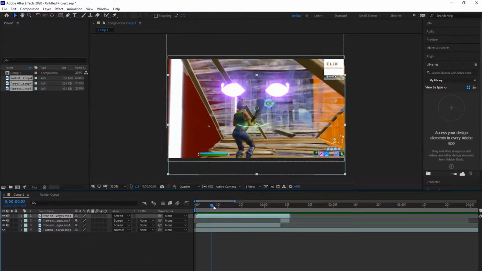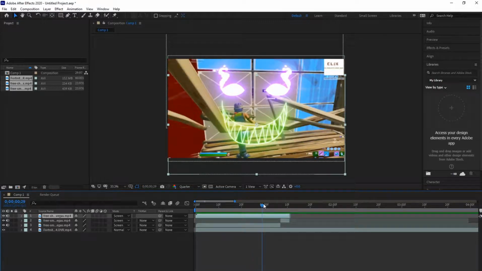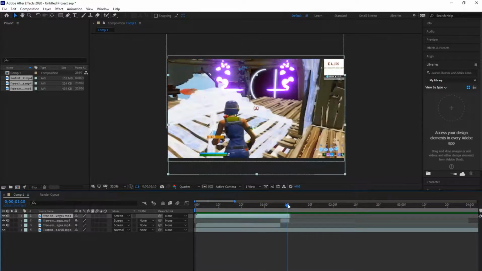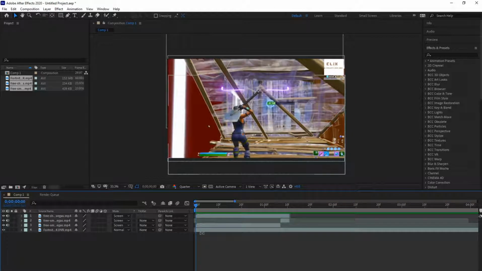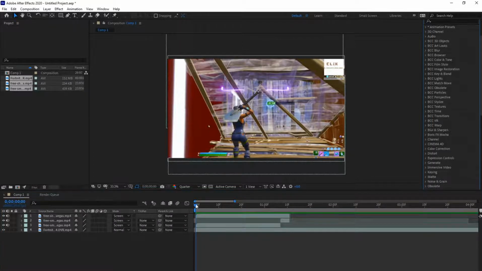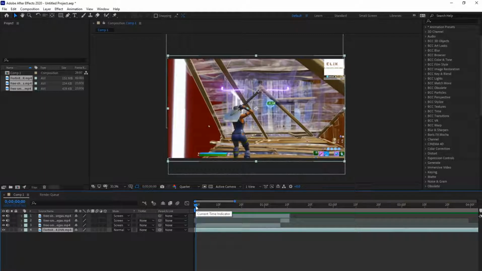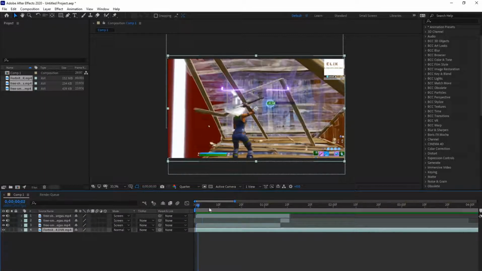Before I just leave you guys with the smiley face, I want to show you how to make it better. You can add a bunch of stuff. I don't really want to explain it. If you guys want to know, just search up all these plugins, for example Magic Bullet Looks, things like BCC. And another thing I want to mention, not really explain because it goes into depth, is adding